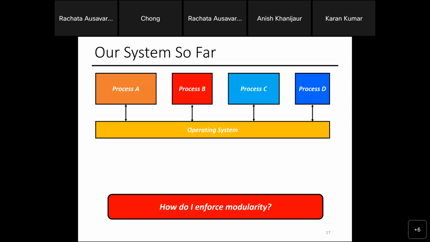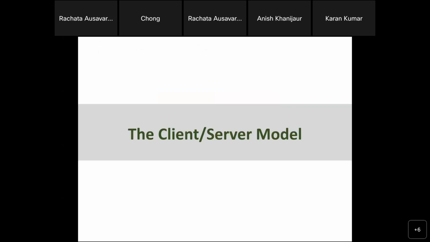An x86 machine connected to the internet. Mac OS connected to the internet. An iPhone running a totally different chip connected to the internet. Then you have a bunch of Android. And then there are even more, like IoT devices, right? How do I let that happen? How do I enable that?